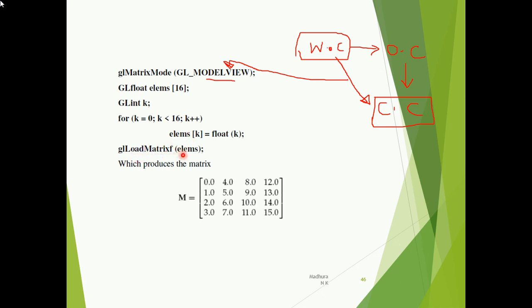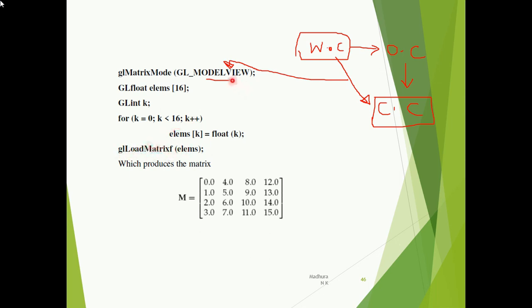So that's the one more function. Okay, that's the last thing we have here. Suppose you are going to write glLoadIdentity, there will be a different form of function that's going to happen here.